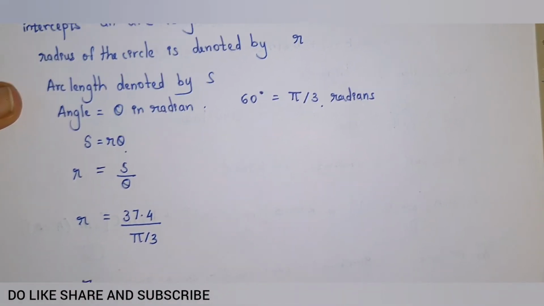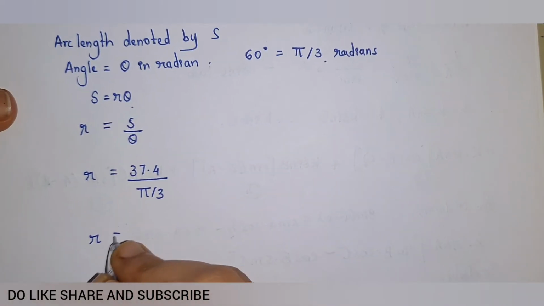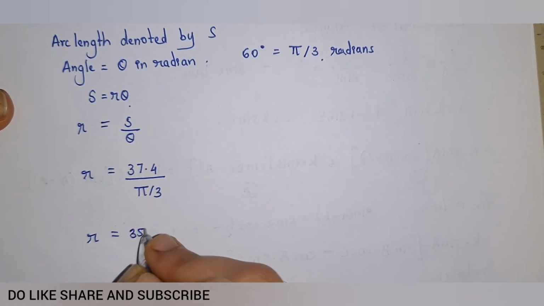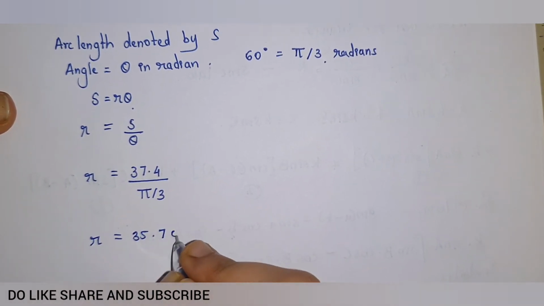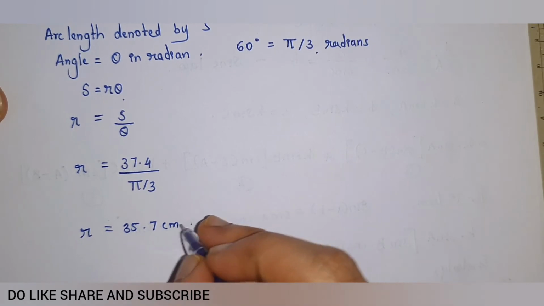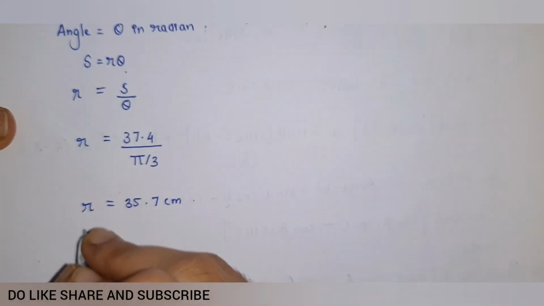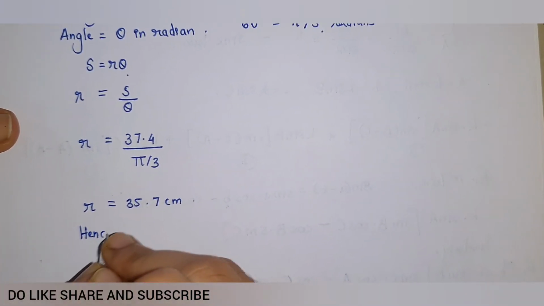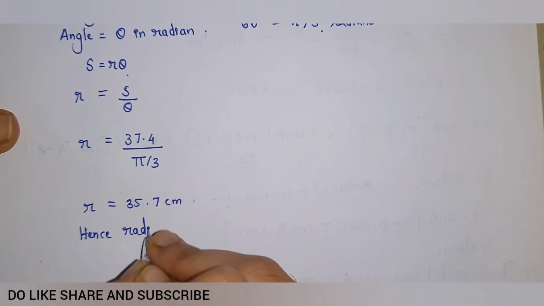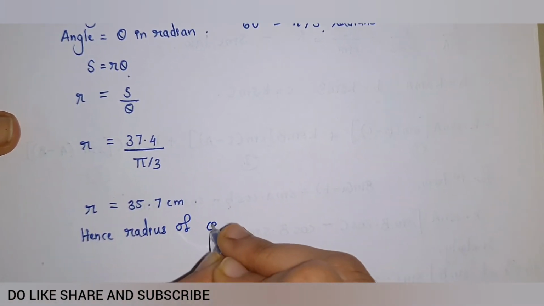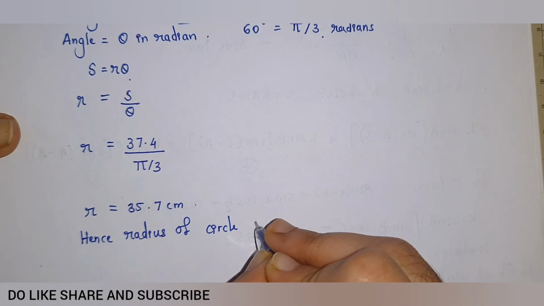After calculation, r is equal to 35.7 centimeter approximately. Hence radius of circle is